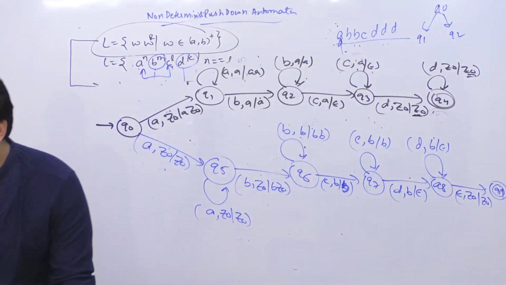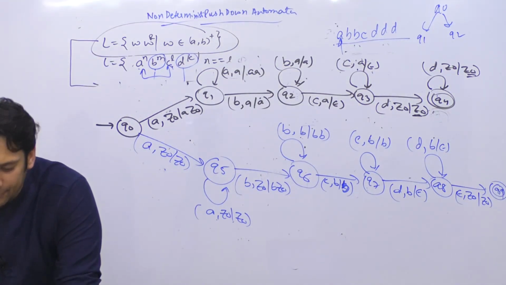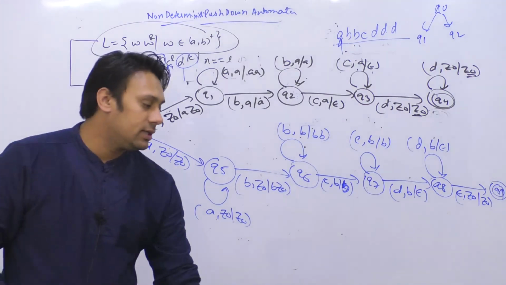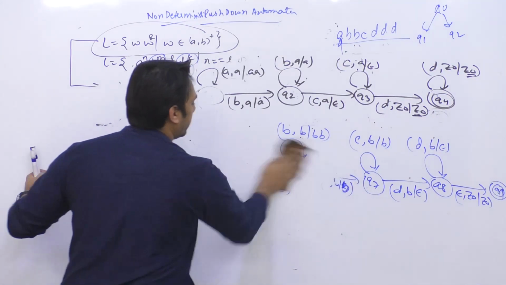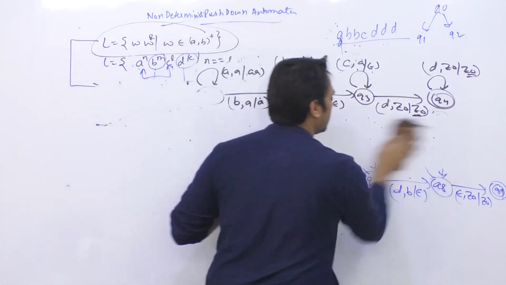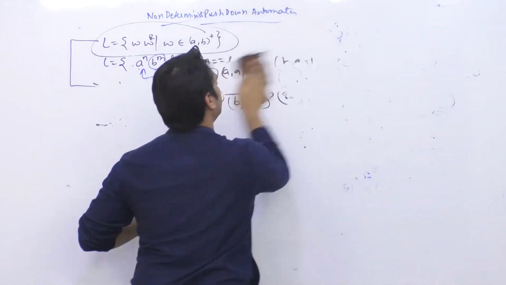Okay, let me do one thing. You will understand it with more examples. Let me take some more examples here. So you have to tell whether you can make a finite automata for them or PDA for them or not. Let me just write some of the examples. You will find it interesting.